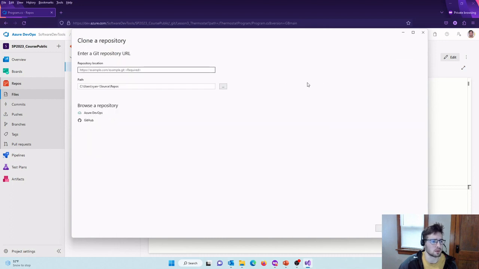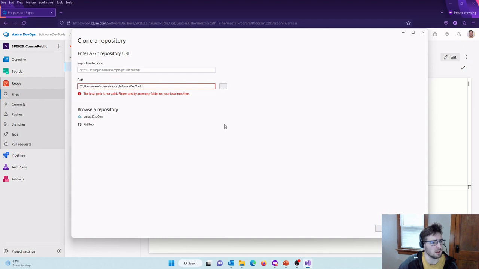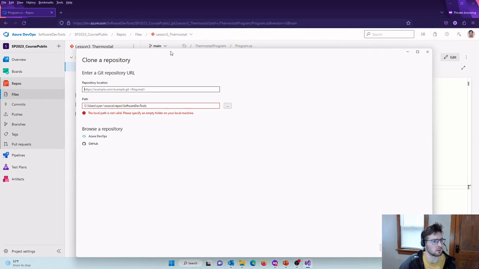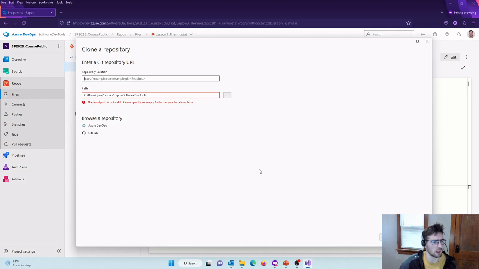So clone a repository, and in the path right here, I want to put this right here. It's going to error, but that error should go away as soon as I do this next